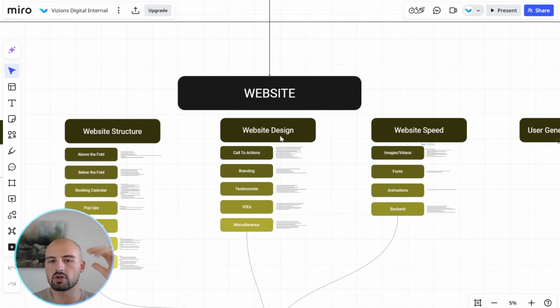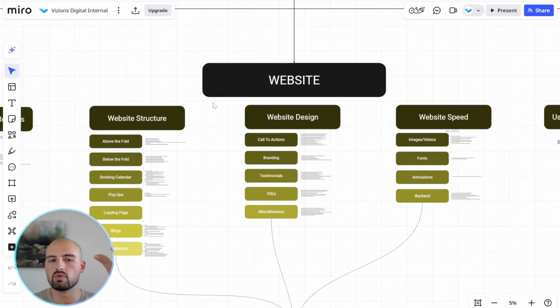So that would be website structure, website design, and website speed. Those are the 3 pillars, I would say, for website optimization. Again, we have trainings covering that, so you can download those in the description. In any case, what you would want to do is improve those 3 aspects to try to bring up your